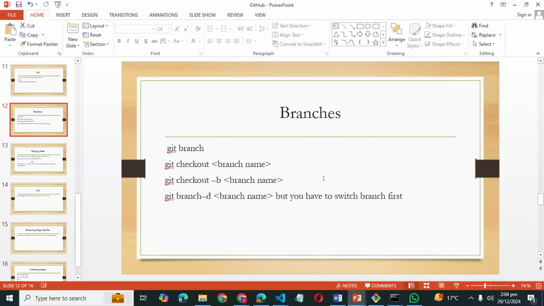Everyone can create their own branches and work on them, and after completing the work they just need to push their code into those particular branches. And once you have pushed your code into that branch, you just need to merge your branch code into the main one, right? So we cannot make any changes in the main branch. We just create sub branches from the main one.